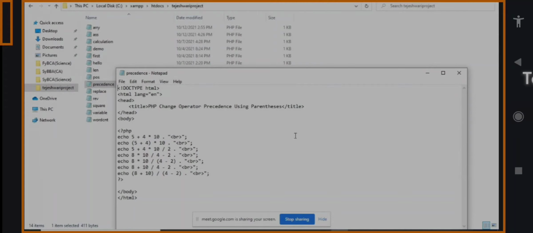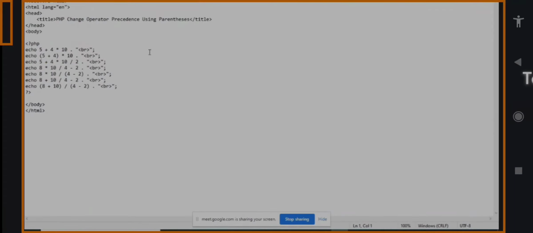Then title close, head close, and the PHP code will be in the body tag. So take the body tag, and in that write all the PHP code.